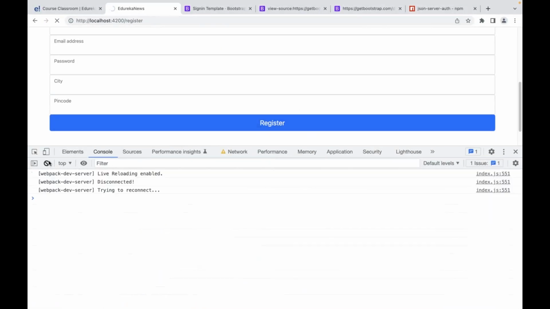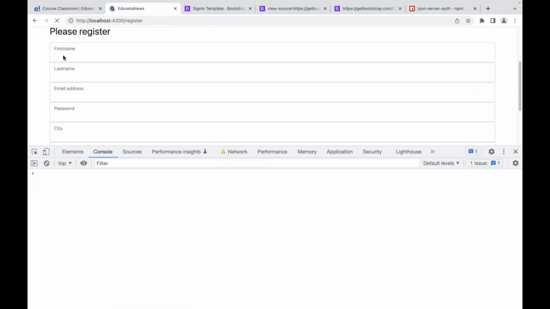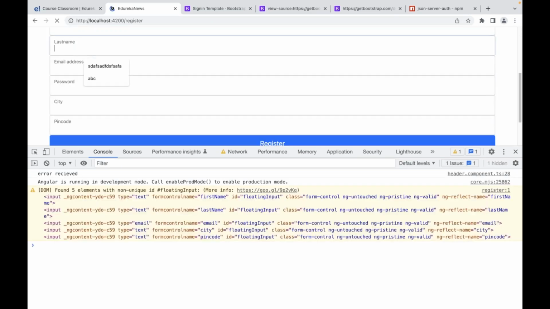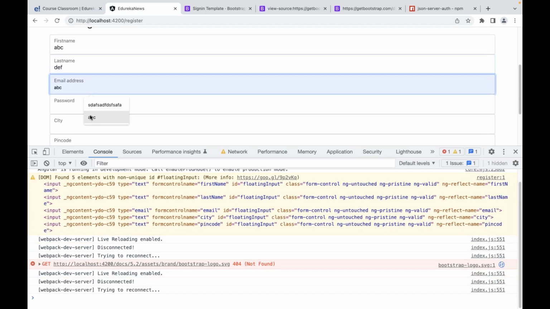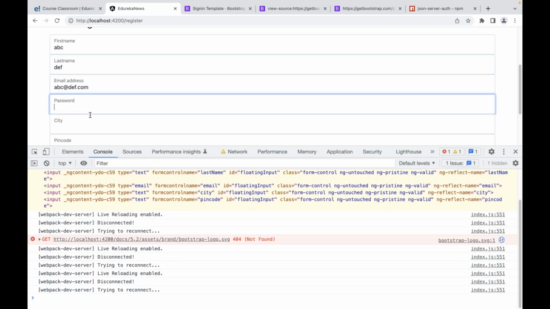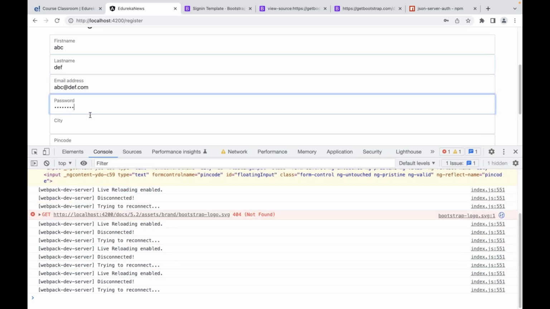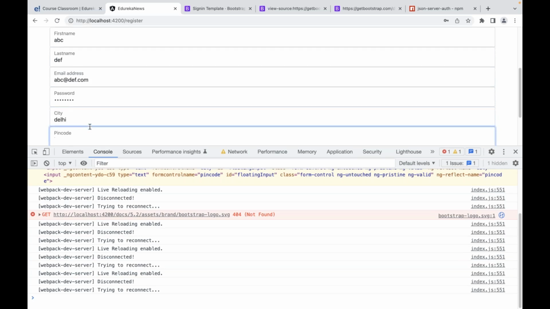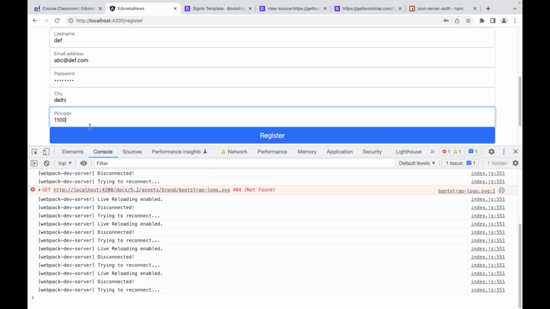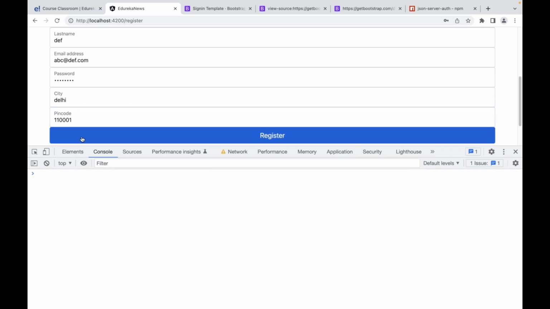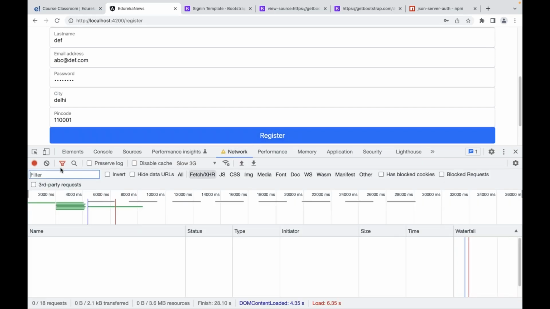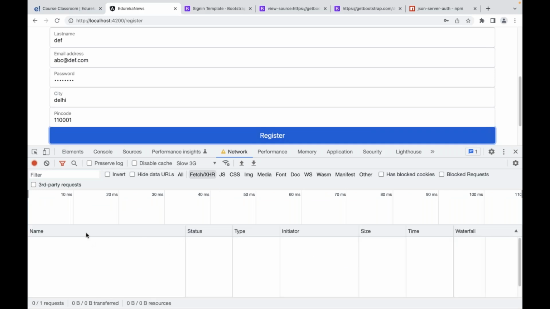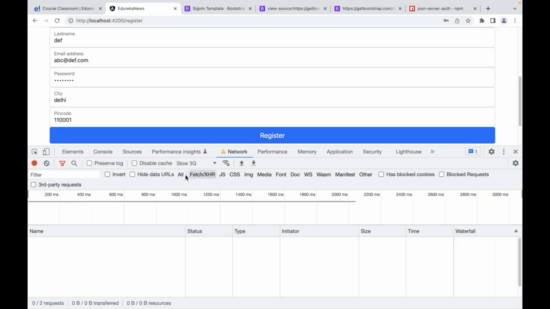Now when I run this code, say ABC, let's wait for the form to load. ABC DEF, ABC at def.com, 1 2 3 4 5 6 7 8, Delhi, and this is the pin code. Send the request and check the network tab. Any request which are sent, send it again. Nope,